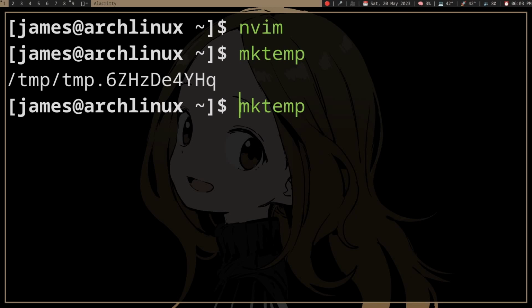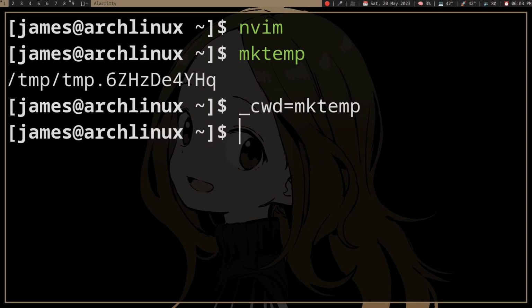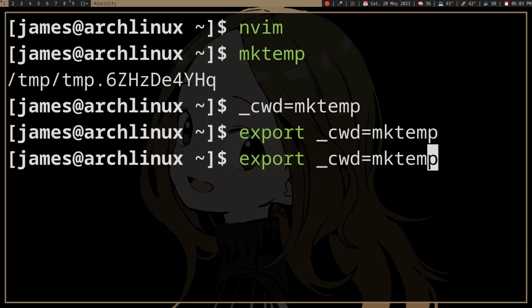So what we can do is, let's say, cwd equals mktemp, right? I don't know if this is used actually. Maybe we should, I don't know. Okay, actually I might need to export it because it's global. I don't know. So we have that, right? And then what we can do is do nvim and then cd